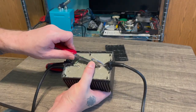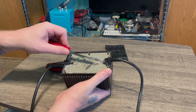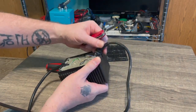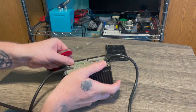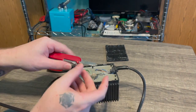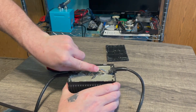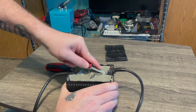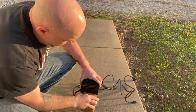Now the problem is getting these wires out. These are in a little bit deeper than I've seen them before, so while I did work a little bit trying to get them out with my knife and screwdriver, I decided forget it. Since I got to get the block out anyway, I'm just going to smash all of that stuff and hopefully get the wires out intact. So let's move on. So to get that hard